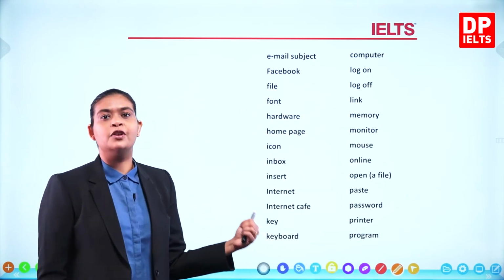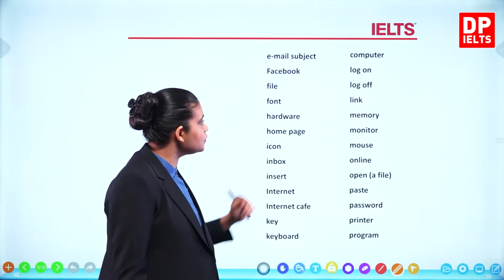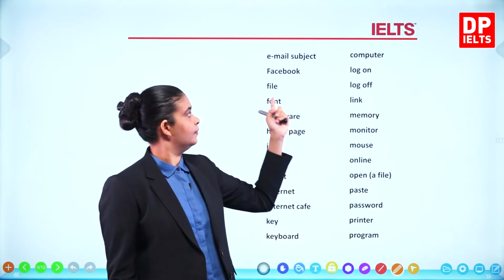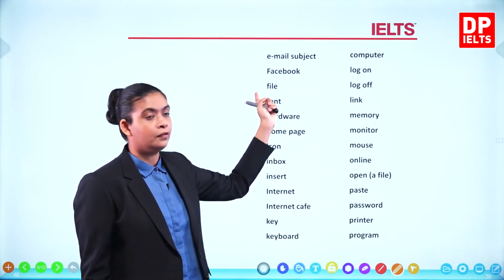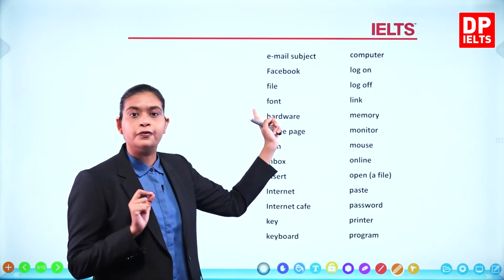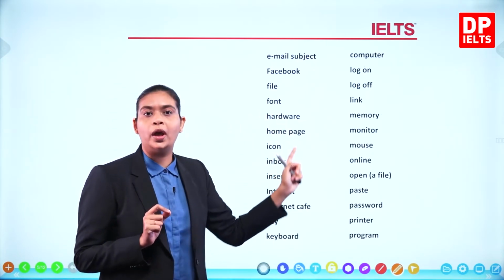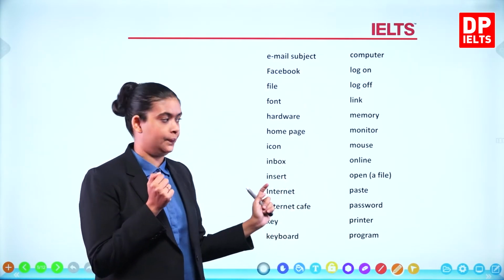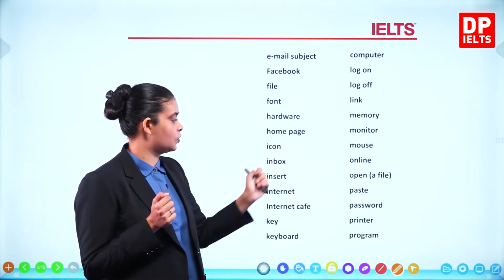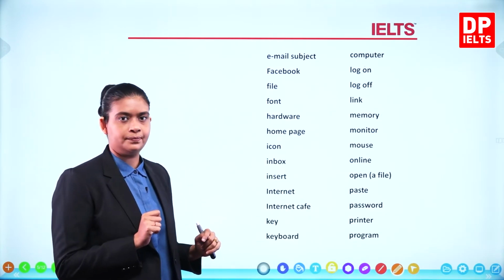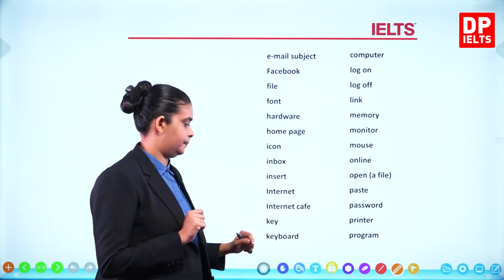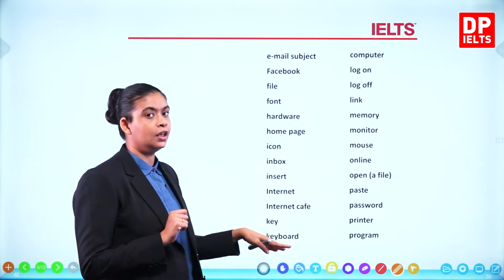Let us have a look at the pronunciation for each of these words. First one, email subject. Facebook. File. Look at my mouth. It's not file. Okay, it's file. Font. Hardware. Home page. Icon, inbox, insert, internet, internet cafe, key, keyboard,